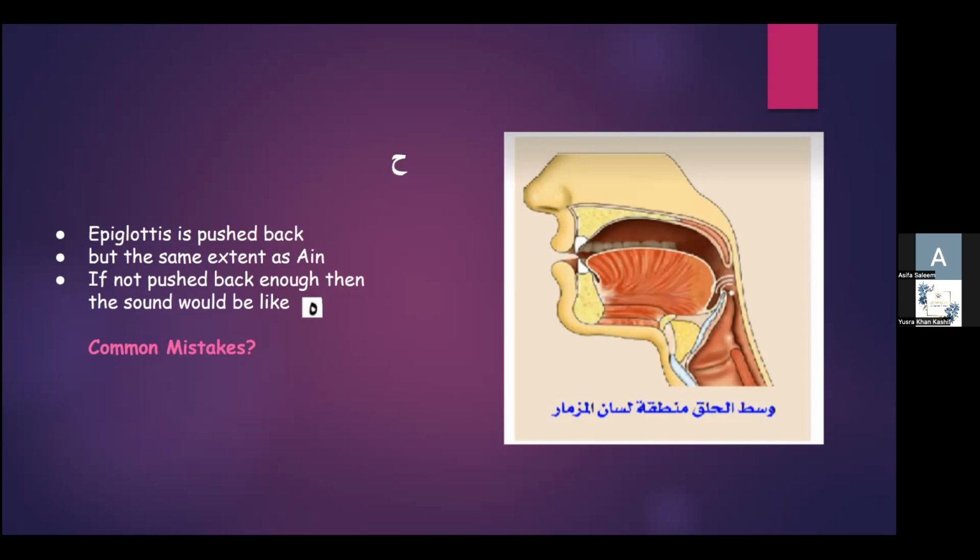As you can hear, the epiglottis is pushed back, but not to the same extent as for Ayn. If the Ha is not pushed back enough, then the sound would be like the letter Ha. So this would be a common mistake, to change the letter Ha into a Ha, or vice versa, because